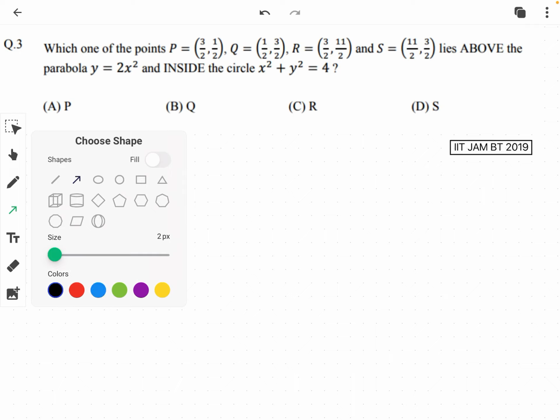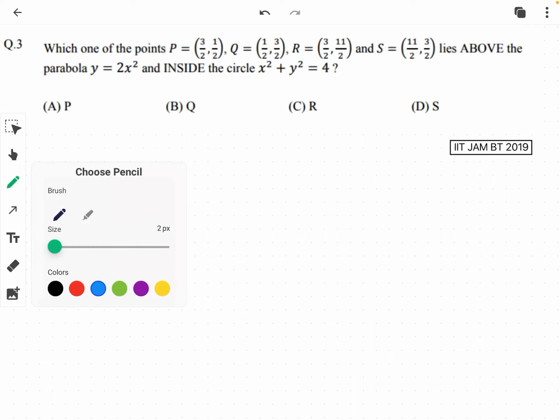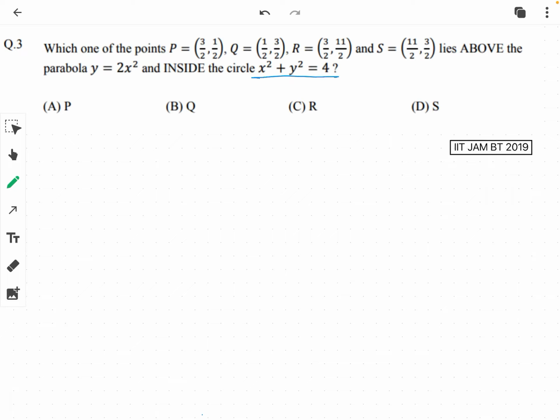So first of all, here we have the equation of the circle as x square plus y square equal 4, right? That implies that x square plus y square is equal to 2 square, and this is actually r square, that means the radius square. This 2 is the radius of the circle, that is we can write that radius of the circle is equal to 2 given.